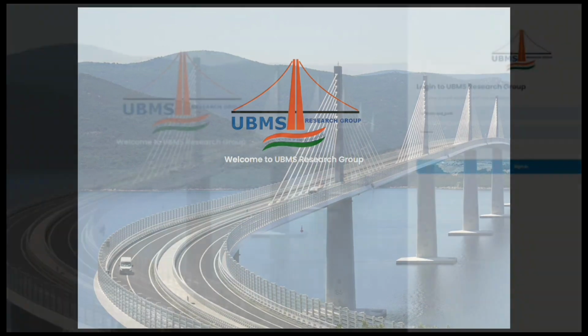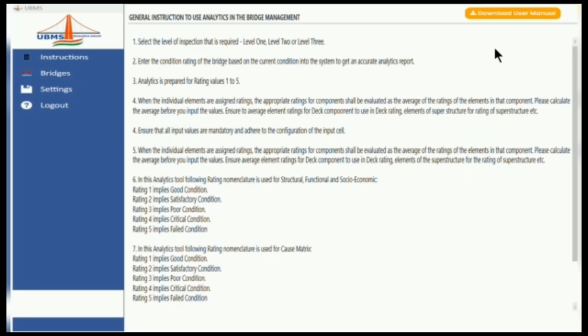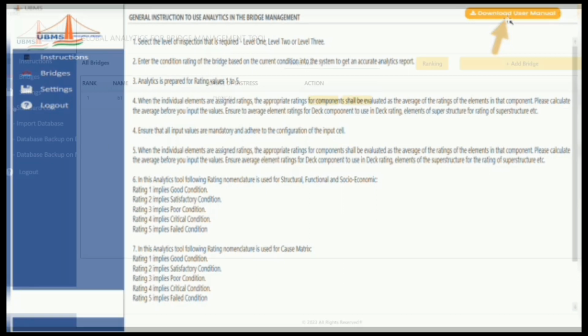It allows the user to log in using an individual username and password. Once you log into the application, you get an instruction screen which outlines the basic operational intricacies of GABM. You also have the facility to download the user manual, which elaborately outlines the operational aspects of GABM. Moving on,